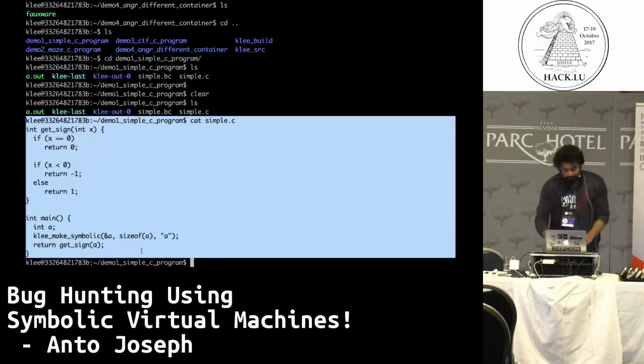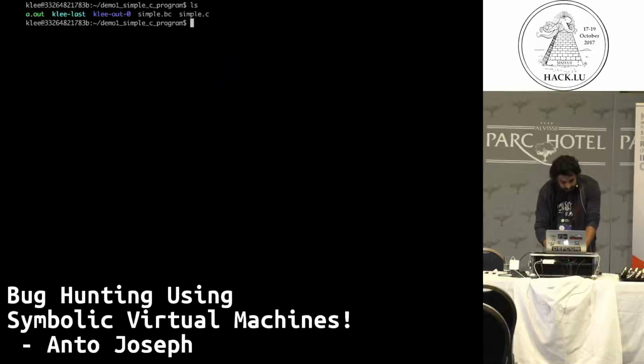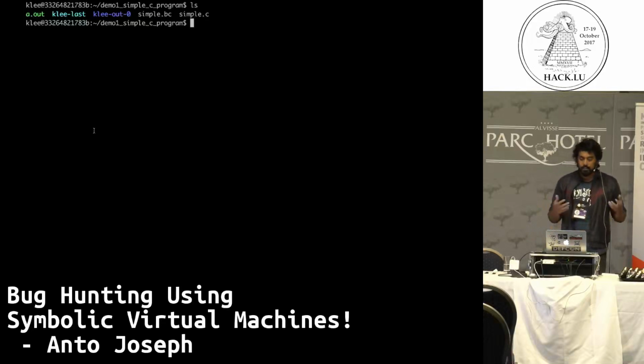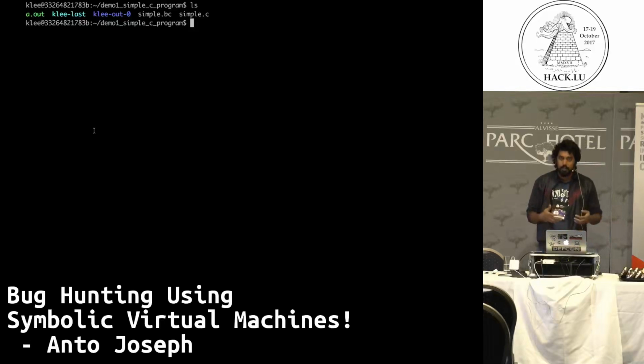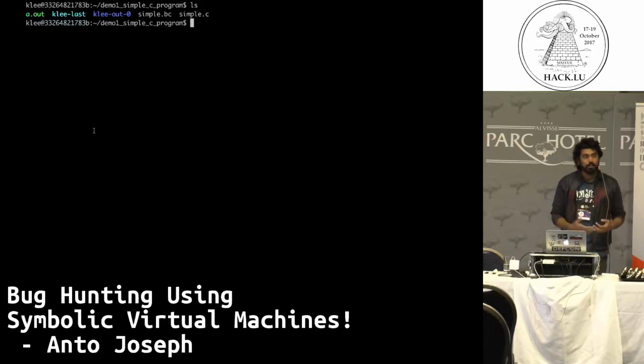Why don't we find out? So basically we are trying to use the Klee symbolic virtual machine. We will compile it to LLVM bitcode and use the LLVM bitcode in Klee to generate test cases. Klee is a symbolic virtual machine which lets you generate test cases if you have the source code for it.